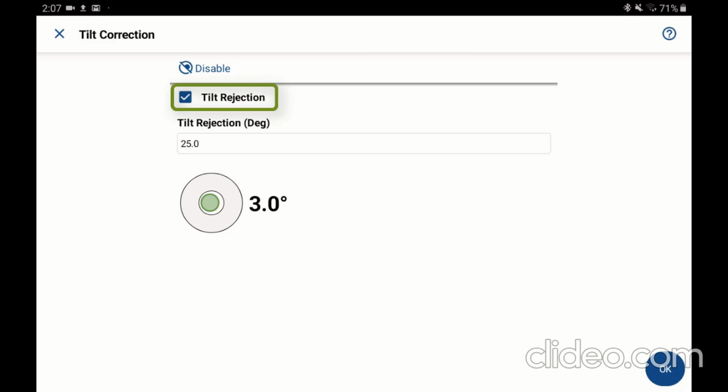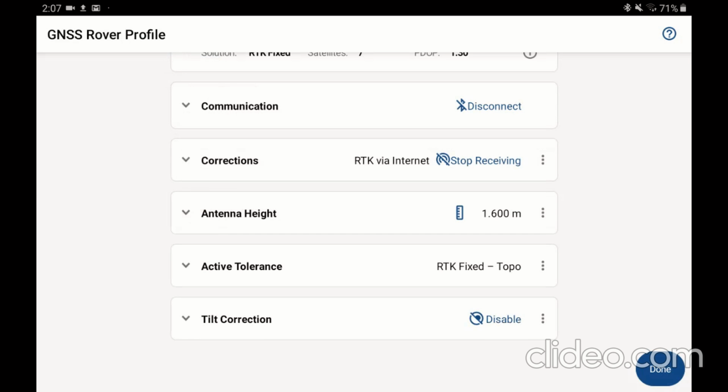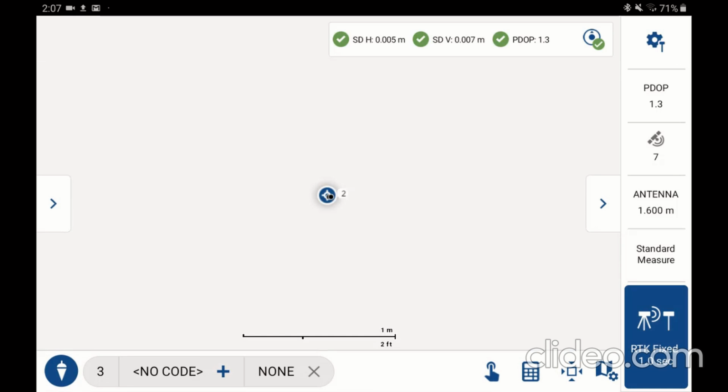So here I've turned on tilt rejection, and so what this function will do, unlike when you don't have tilt rejection, is it will warn you when your tilt is beyond the value that you've set, which you can see here is 25 degrees, and it will prevent you from storing a point until you're inside that value. So I'll pick on OK here, and I'll pick on Done here,